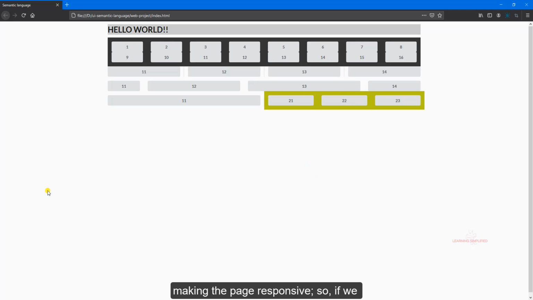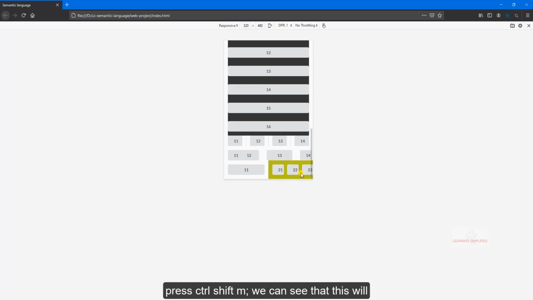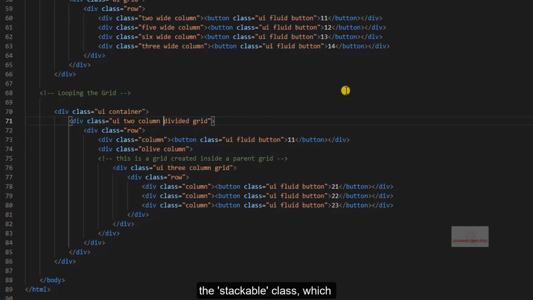Another thing, we are talking about making the page responsive. If we press Ctrl Shift M, we can see that this will be the result. So in this case, for this low mobile responsive view, let's head back to our text editor here, and we may apply the stackable class, which will stack all the contents one over another.